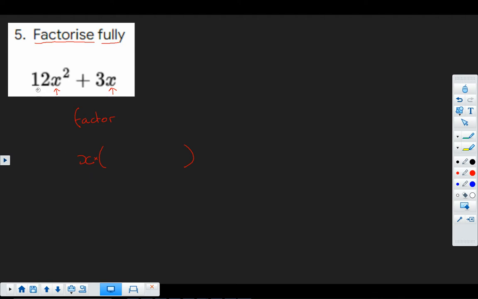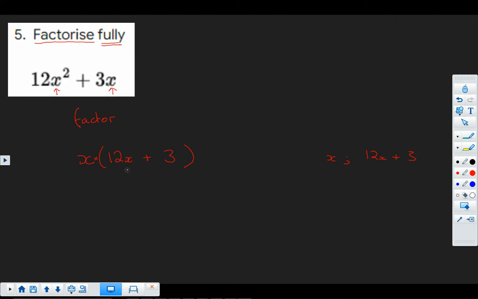So what's the rest of this term here once I've taken x out? Well, the rest is 12x, and all that's left over here is 3. So there we are. I've factorised my expression, and one of the factors is x, and another of the factors is 12x plus 3. Now, I said we were going to have to come back to factorise fully,